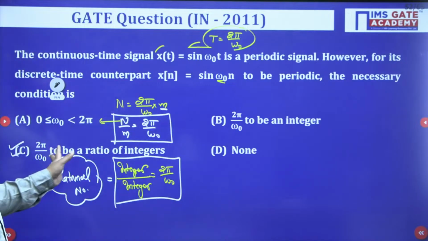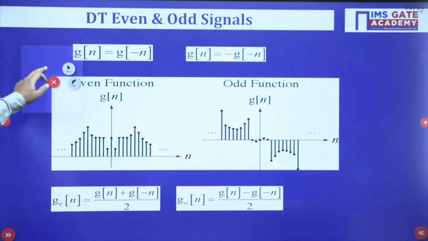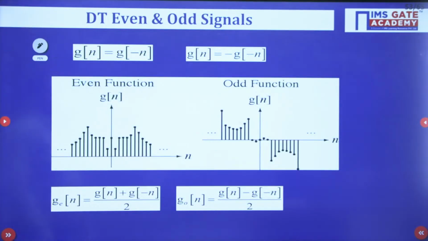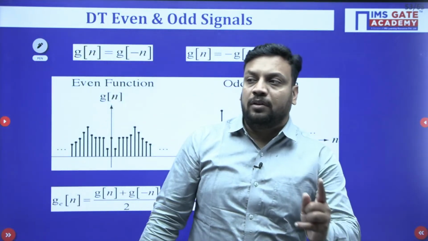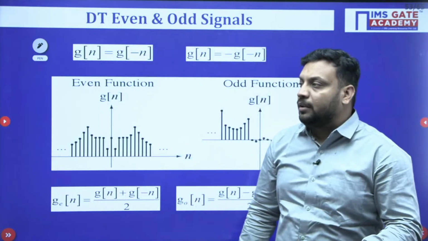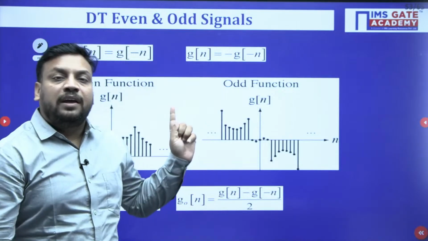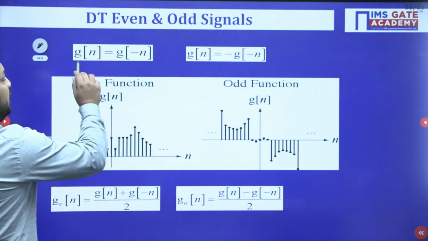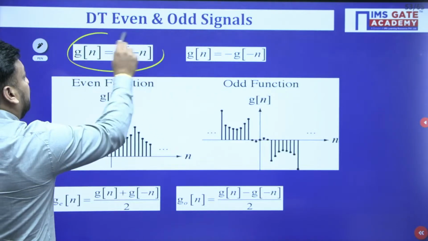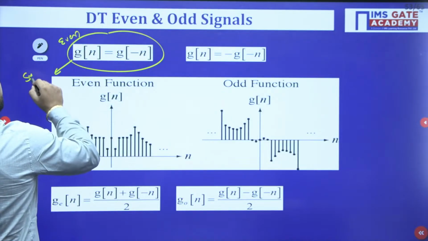Chalo, so we are going for the next now. Now we should write, bachcho, the heading of the next classification: discrete time even and odd signals. As we have discussed already the even and odd properties of signals in the continuous time domain, the concept remains the same. The only change is that there we have a small t and here we have a small n. So g(n) equal to g(-n) is the condition of an even signal, and even signals are always symmetrical about